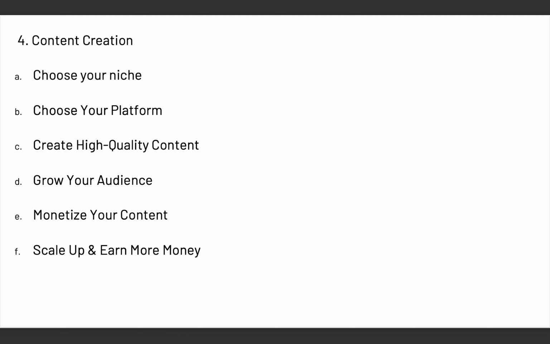Now, the second step is to choose your platform. When you start creating content, don't just start creating content on all platforms. You can start with 2 platforms at first and try to grow those 2 platforms. For example, you want to start making videos on finance. You can start with maybe Instagram and YouTube, or maybe you pick YouTube and TikTok. Just pick 2. And by the time you do those 2 for about 6 months and you do it consistently,